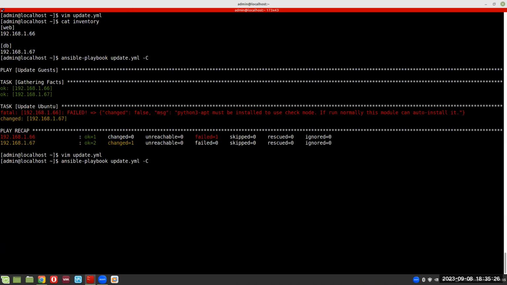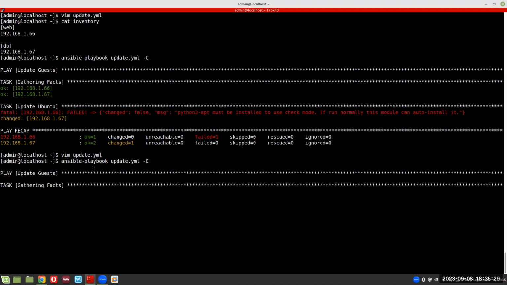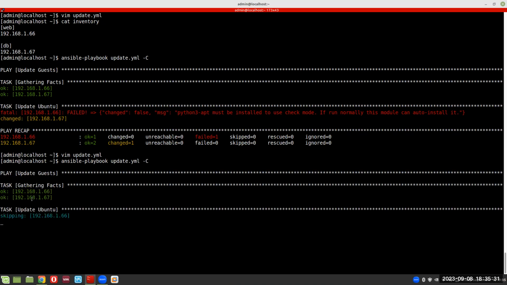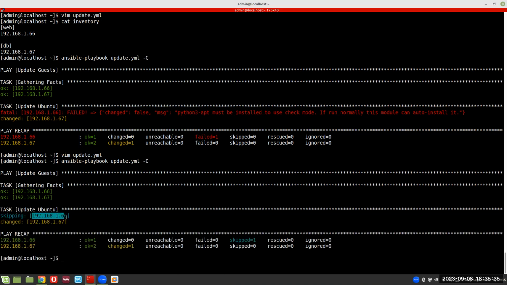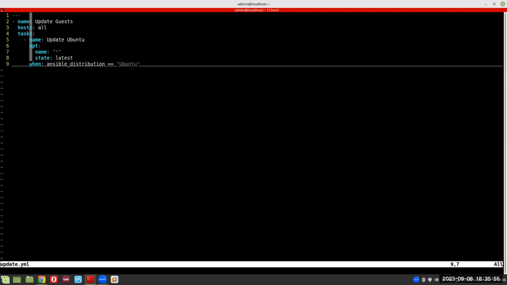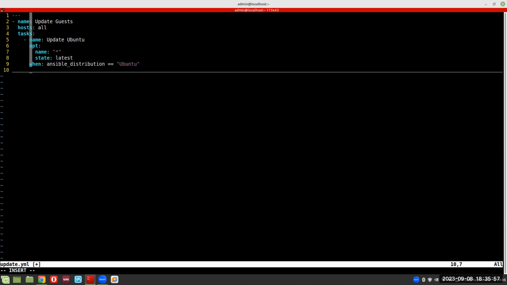And if we try again, our dry run is going to gather the facts first, and now the machine that is not Ubuntu is going to skip it, and on Ubuntu it is going to do the installation. Now we can see that here it did not fail at this level as we got here initially. In the same way, if we are trying to do the update also on the Rocky machine, we're going to